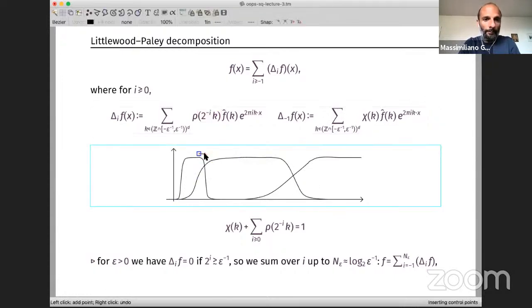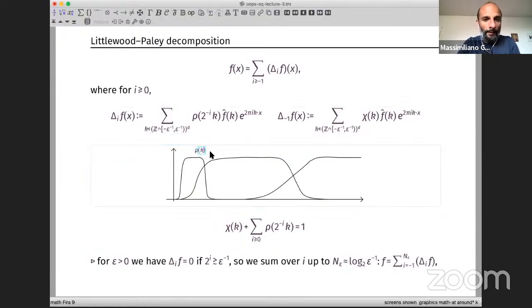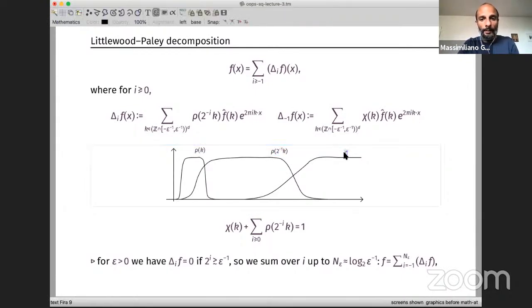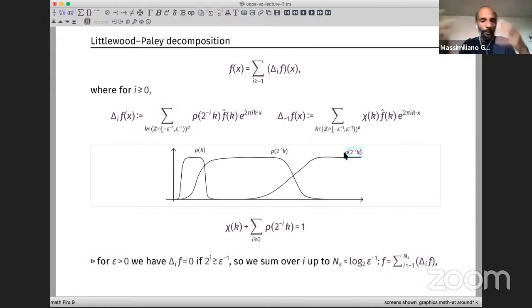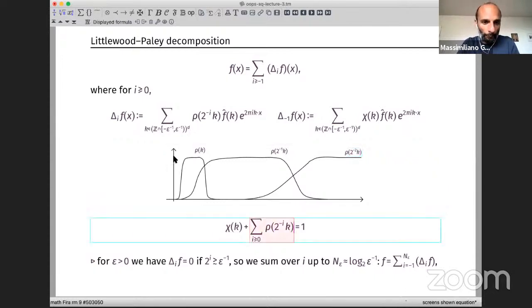Actually, let me write. Sorry. This is rho k, and then you have another function, which you multiply with factors, so this is rho k minus 1, and then you have rho k minus 2. The point is that you can choose this function rho k so that when you sum everything together, including what is missing near the origin, you get 1. So you have a nice partition of unity in Fourier space,